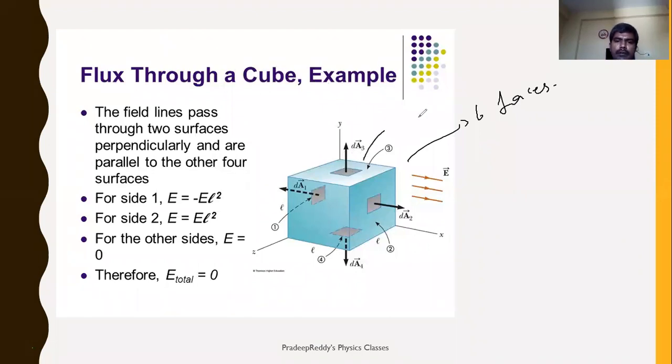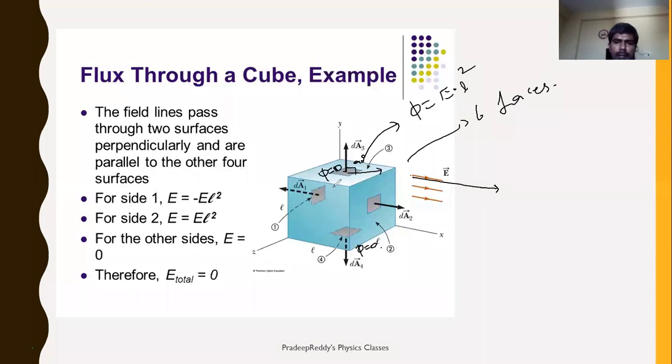Phi is equal to E dot, what is the surface area? The surface area you can take as L square. And what about the angle between these two? The electric field is in this direction, right? And if you are considering this surface 3, both are perpendicular to each other. Check it, 90 degrees. Cos 90 will be 0, right? So therefore here phi is equal to 0 through this surface. Next, for the bottom one, phi will be equal to 0, right?